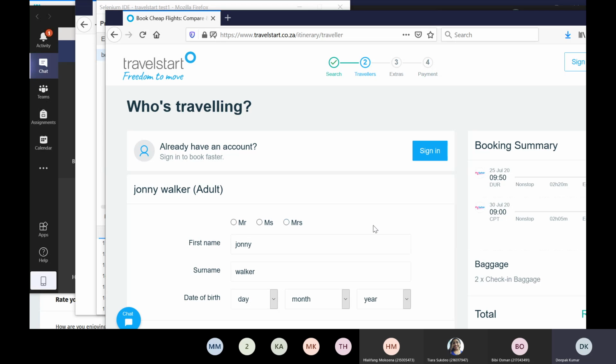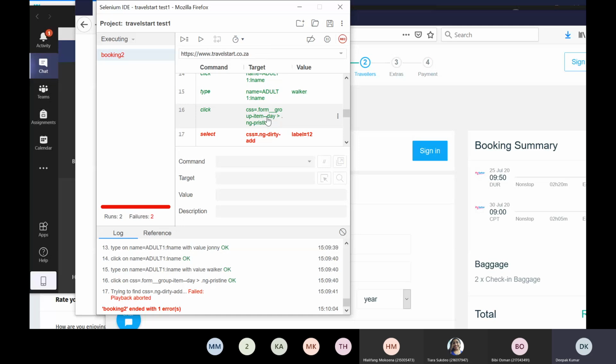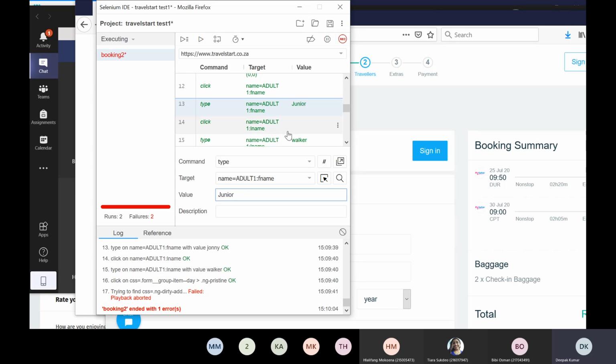Probably, that's where I would like it to stop. I don't want to proceed too far. I think that's where I've gone. So the names are already filled. Now what I want to do is pause this execution. And over here, the adult name: you see the last name was Walker, and the first name value was entered as Johnny. Now I want to change this value to Junior,